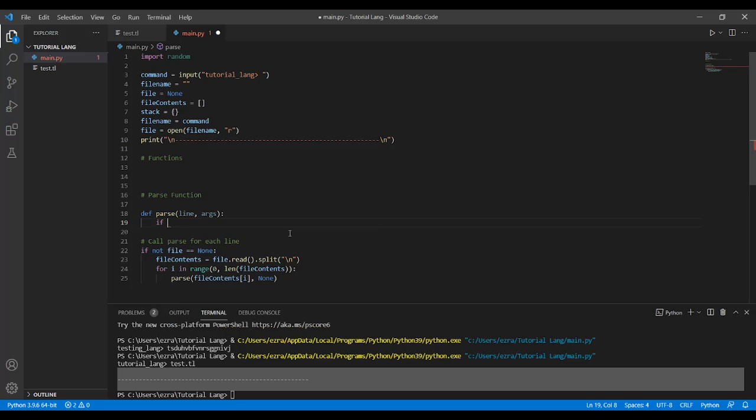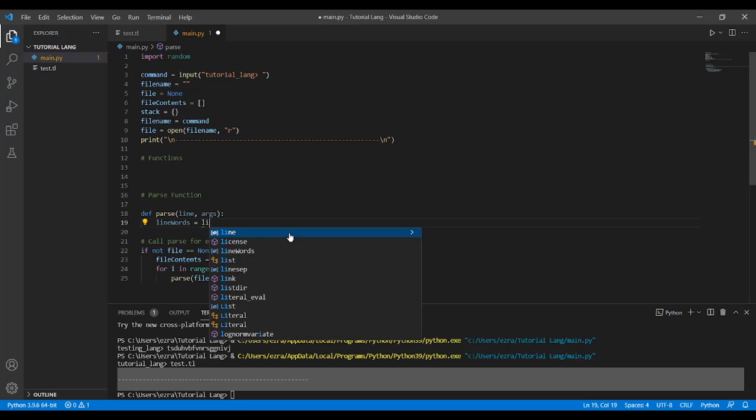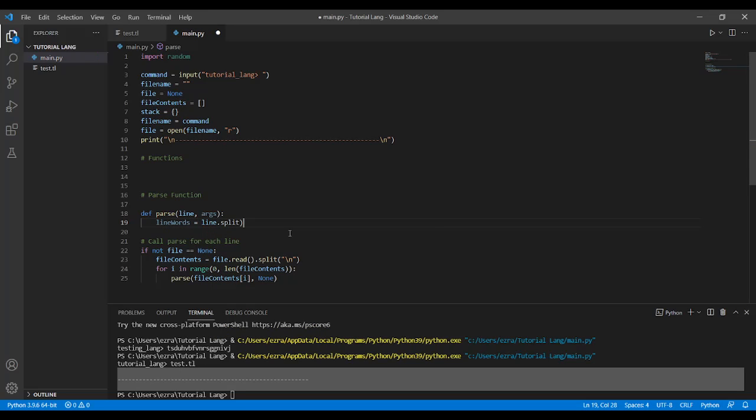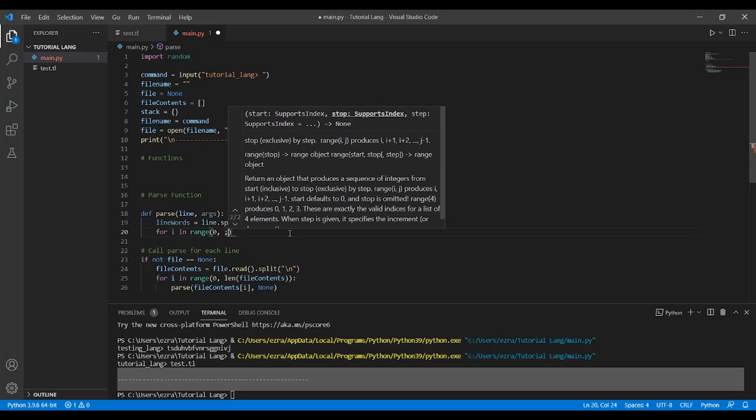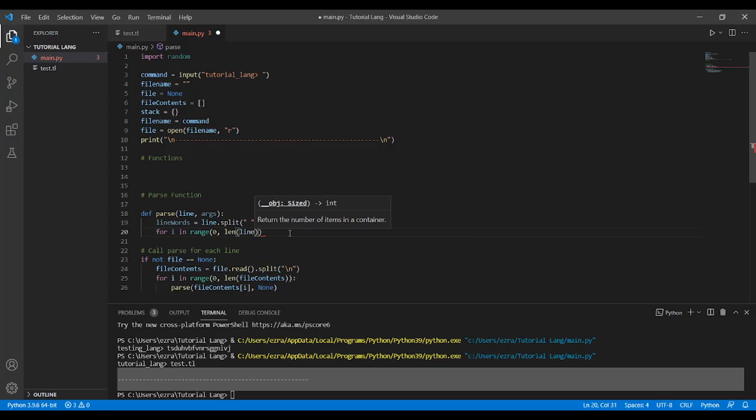So we're going to do line words is equal to line dot split by a space. So for i in line words, nope, I did it again, range 0 to the length of line words,